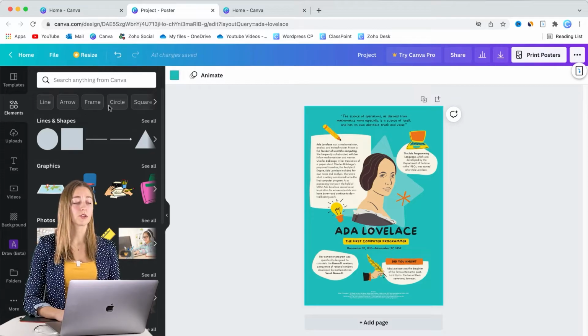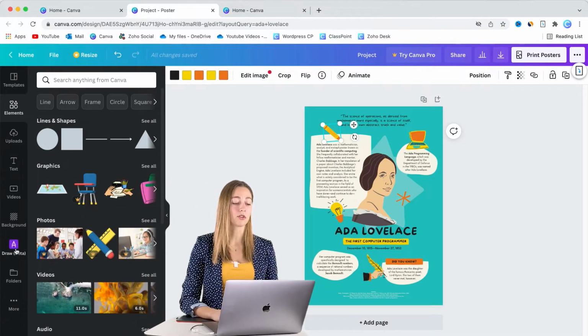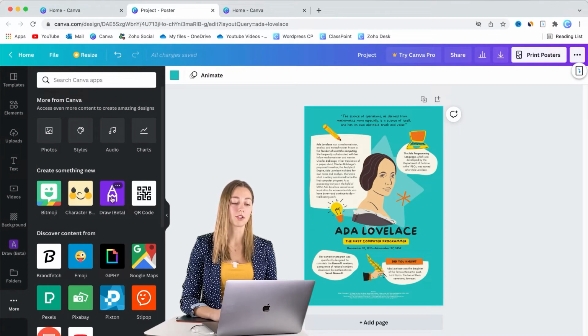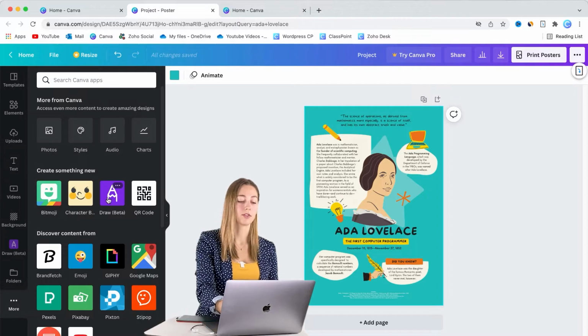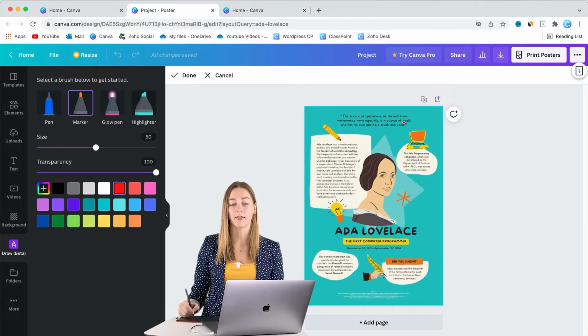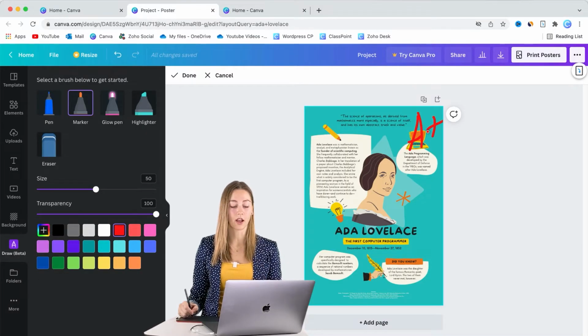So again, there's so many different customizable options within the colors and the graphics that you can add. In addition, you can also use the draw feature that Canva has. If you don't see it in this side tab here, it's going to be in the more section with draw. So if that is clicked, you guys can go ahead, pick a color, and then go ahead and write right on that design. You can have your fingers on Command Z or Control Z, so that way if you need to undo anything that you just did, it's super easy to do.